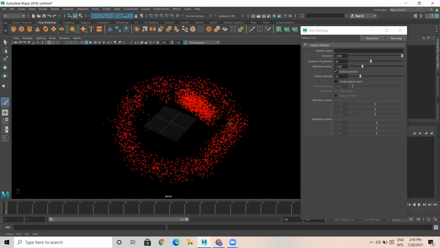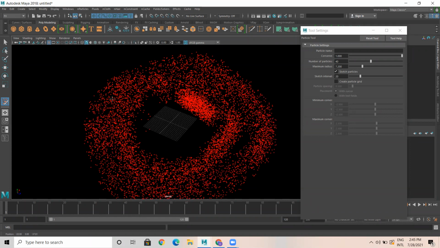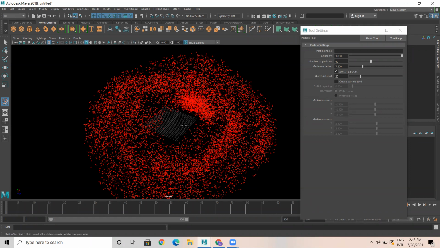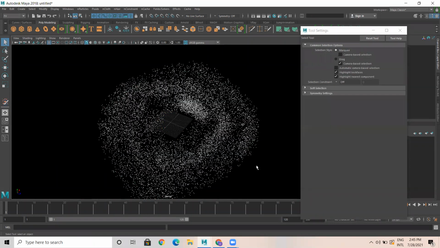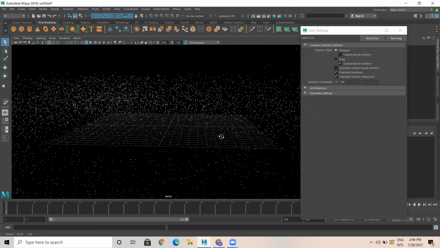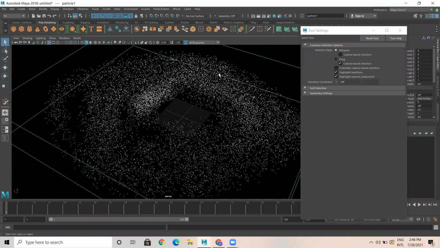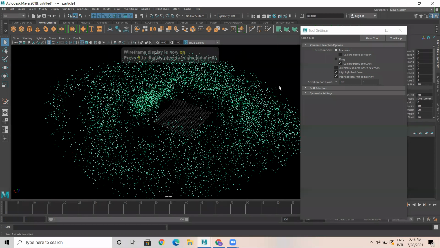So I can create a particle system like this. Then to complete this, you have to press enter. Once you press enter, see there are so many particle systems like this. So here, if you select this one, everything is going to select. If you select anything, one individual, the entire thing will select, because this entire thing is called particle one. This entire system is called particle one. Okay.